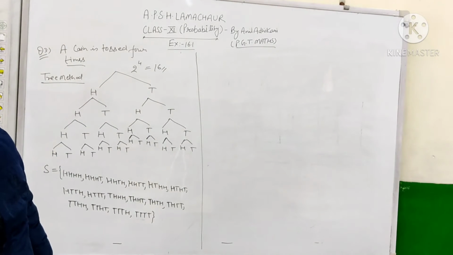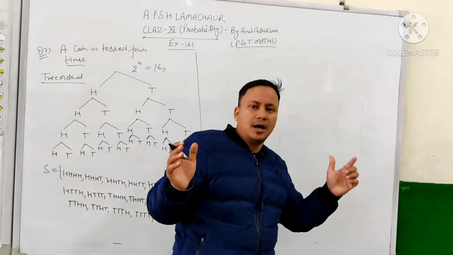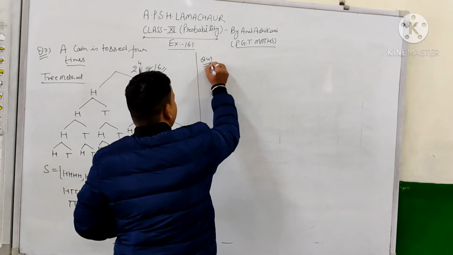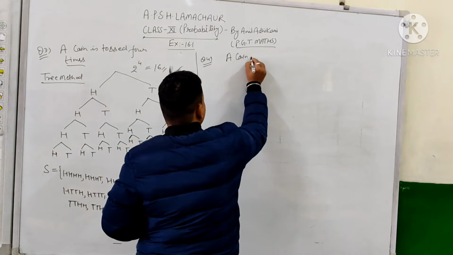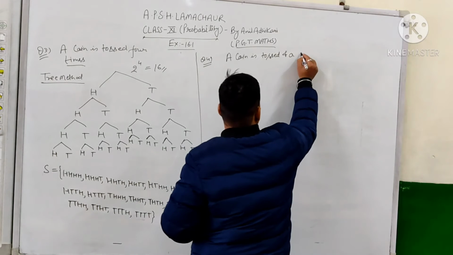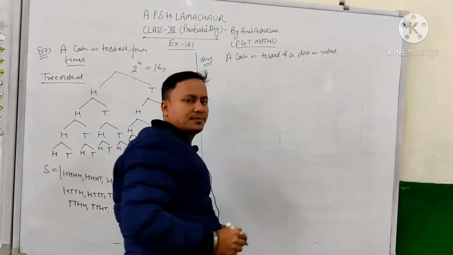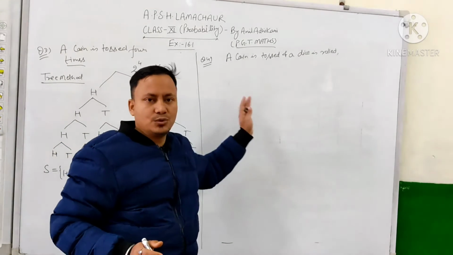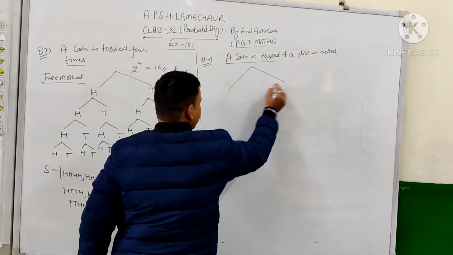And the next is a coin is tossed and a die is thrown. Now here 2 experiments are performed simultaneously. In question number 4, 2 experiments are performed simultaneously. In one case, a coin is tossed and a die is rolled, and we have to create a sample space for this particular experiment. Actually, this is an experiment associated with two activities, you can say. So first, we know that if a coin is tossed, then we definitely get head and tail.